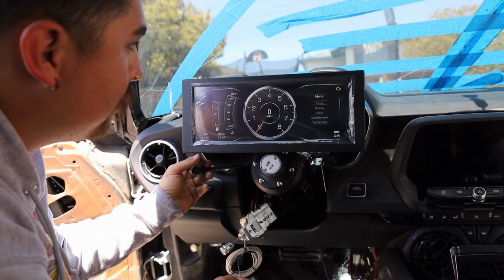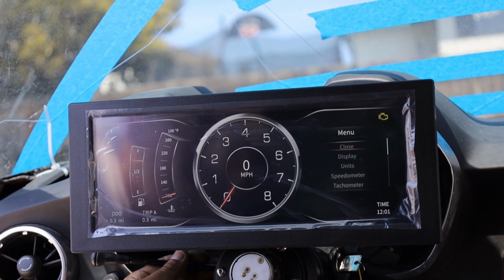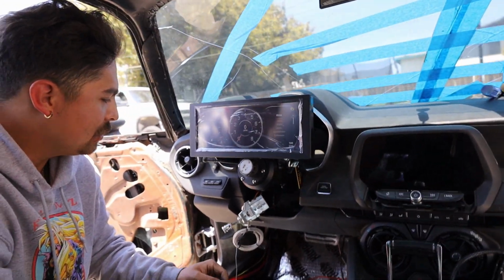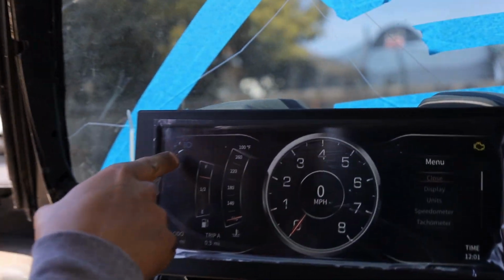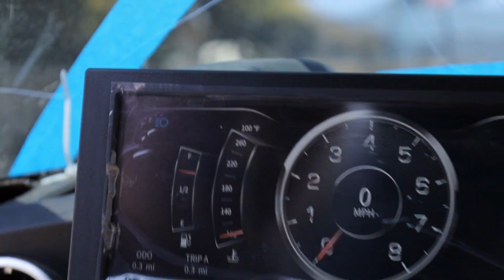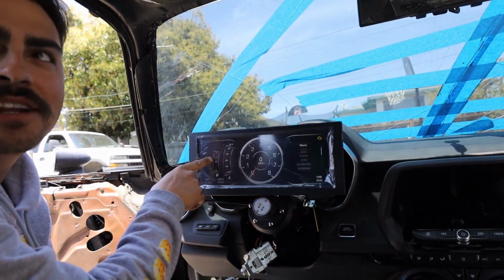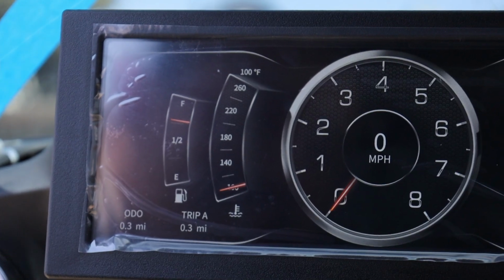Give your signal. There you go. Okay, what else can we test? High beam should work. Oh yeah, it does. High beam. Your gas meter is working. Do you remember how much gas I had? I don't know if that's working or not. I usually would keep it on empty, but...